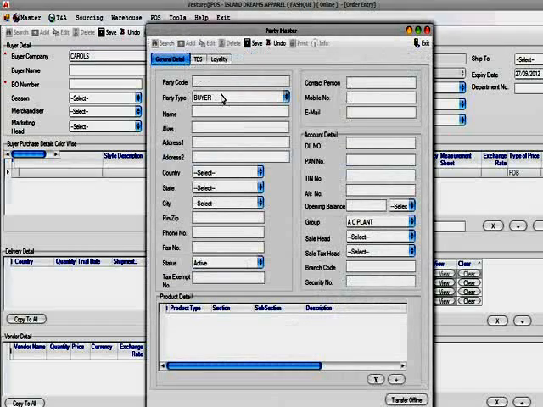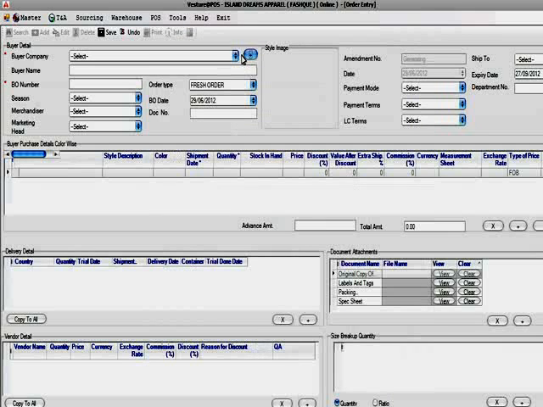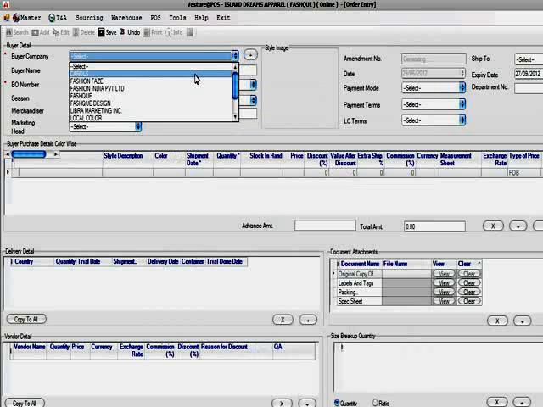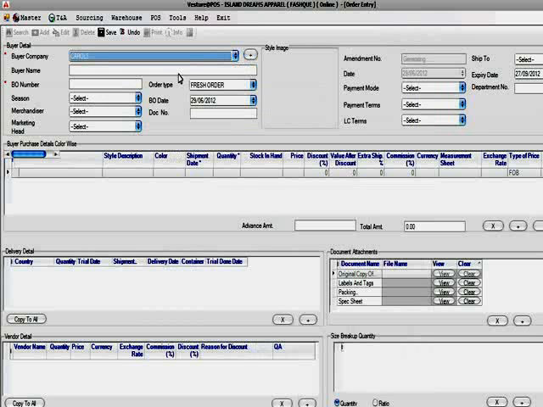Click on add. Here add the entries of the new buyer whom you want to add, selecting its country, state and city, and just click on save to save this buyer. Just select the buyer's company, supposing it's Carol, the name of the buyer,